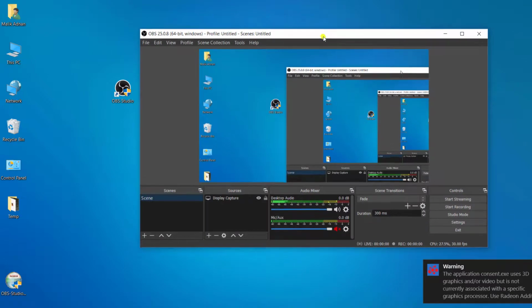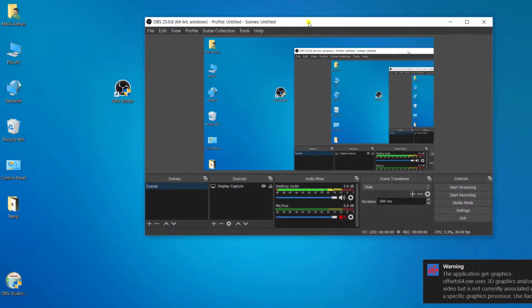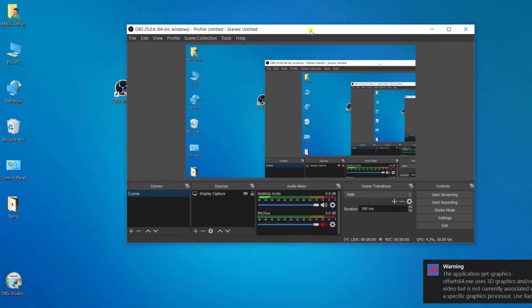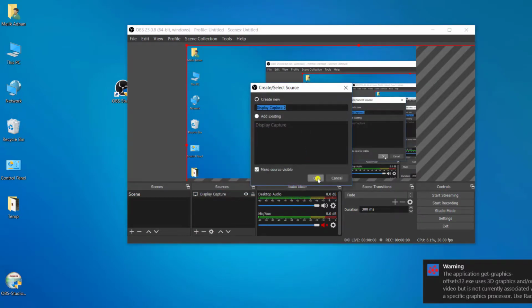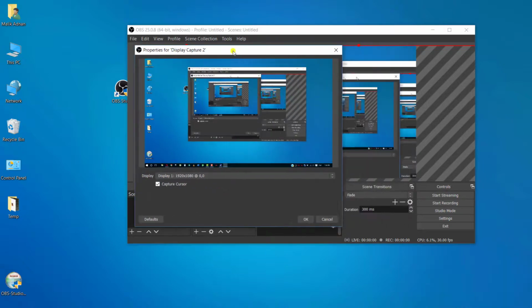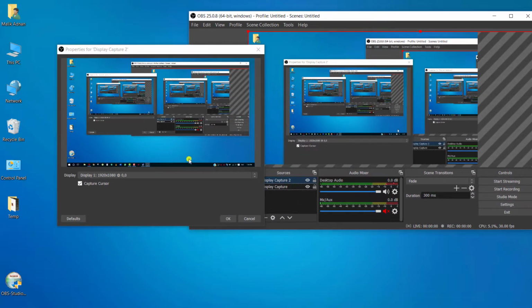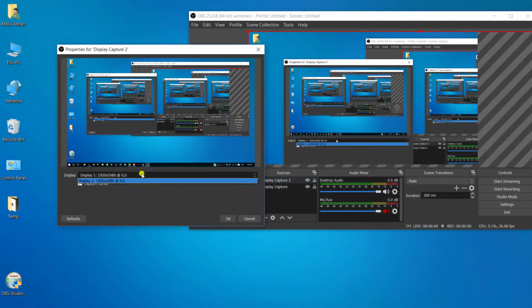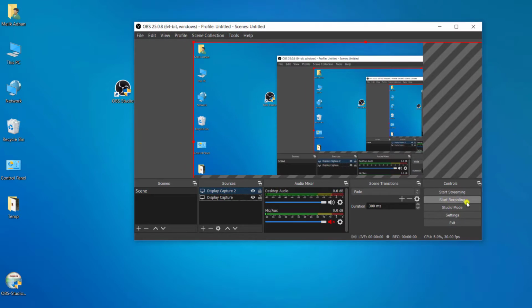Here we go. The black screen issue is fixed. As you can see the preview, and AMD is telling me whether I am using the high performance or power saving setting, and now I'm using the AMD Radeon graphics card for OBS. So the preview is here. Now OBS can decide that it has to use the AMD graphics card instead of Intel HD Graphics. So here the problem is fixed. You can go to live stream and many other things.